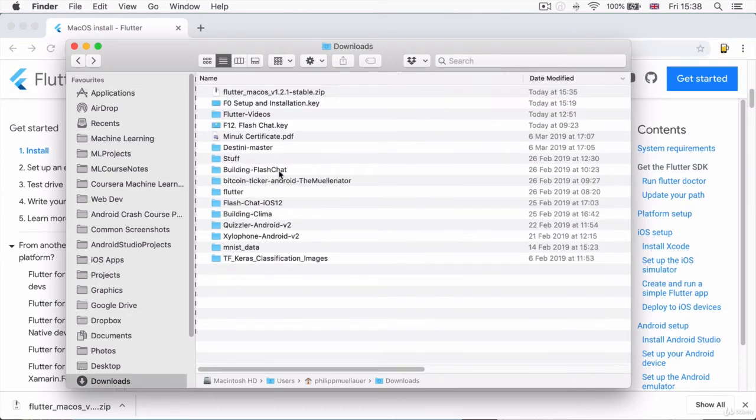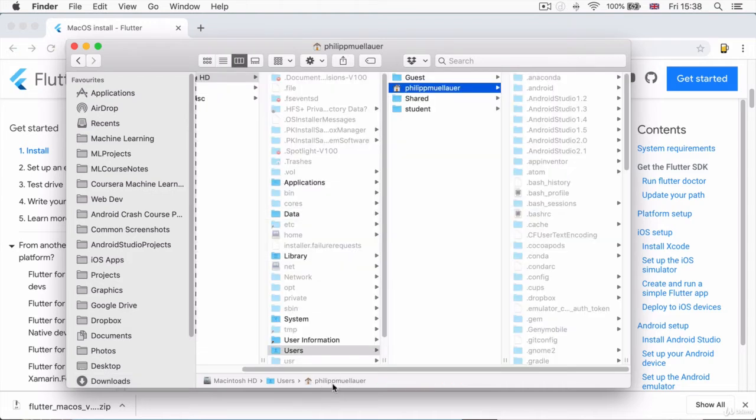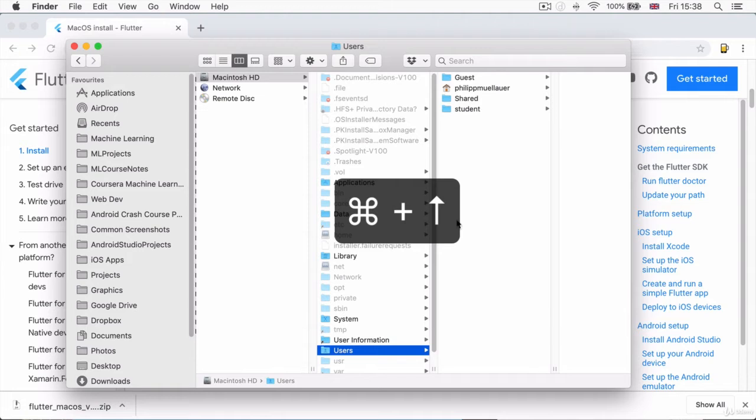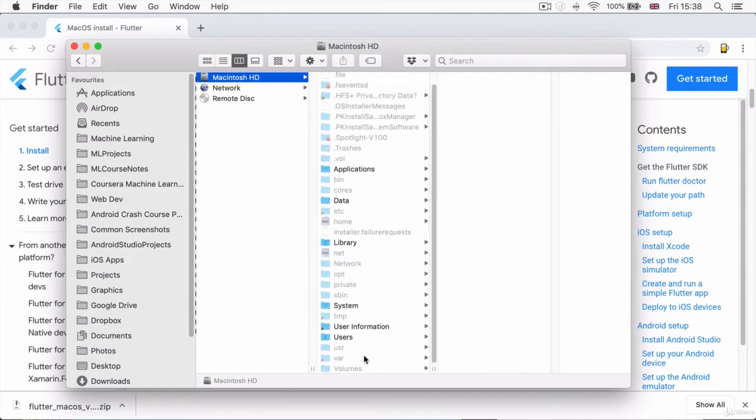Now, it's important that we move this folder out of the downloads folder and into somewhere permanent. So the ideal place to put it is under your username and maybe in a folder. So down here, you can see that here's my Macintosh hard drive, there's a folder called users, and here is my current username. And this is where we want to navigate to. Now you can either double click down here, or if you can't find that, then simply hold down Command and press the up arrow continuously until you get to Macintosh HD, and you should be able to go to users